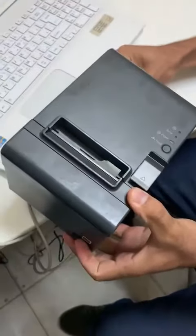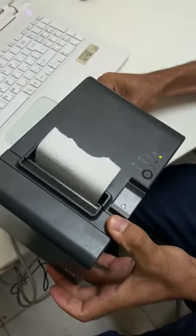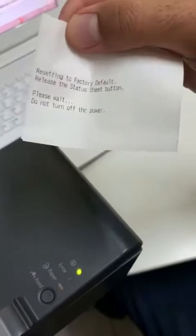Okay. Now we can power off and press on reset. And power on again. Okay, this message says resetting to factory default. Now its IP